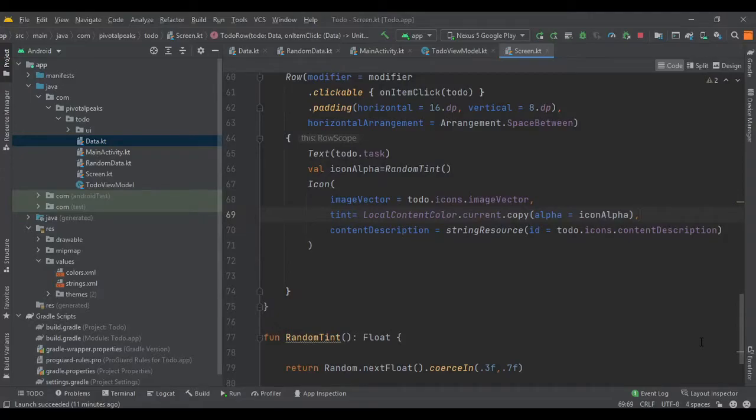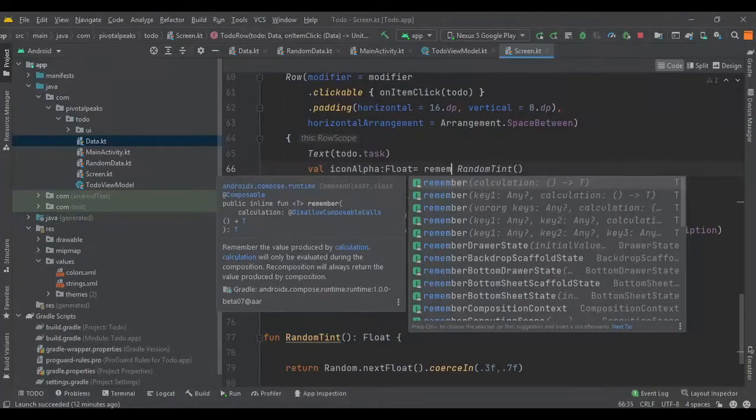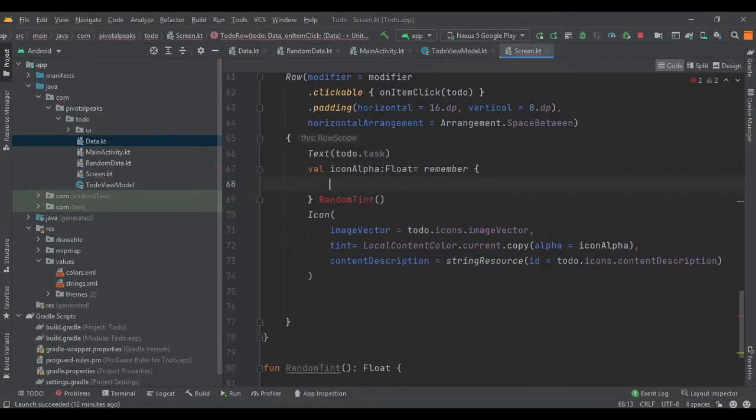So let's modify our icon alpha, this one. The value of randomTint is a float, so we need a float to save the value, and then we use the remember function, should be here. Remember has two parameters.